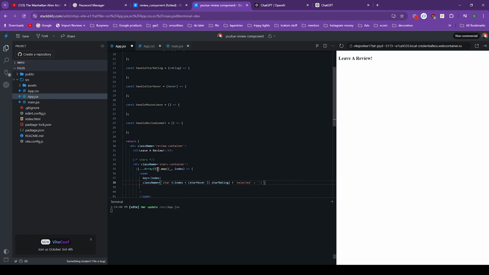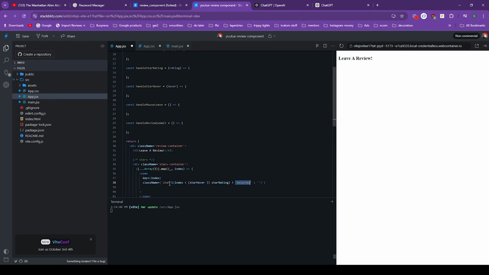There we go. So basically what this is saying is, and make sure selected is in quotations as well, but what this is doing is it's saying, okay, for each index that's going to represent each individual star,